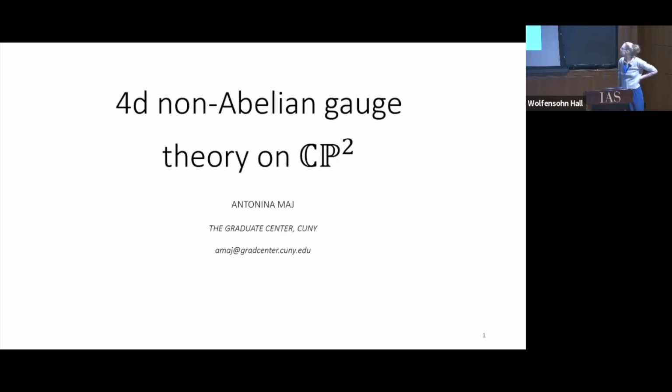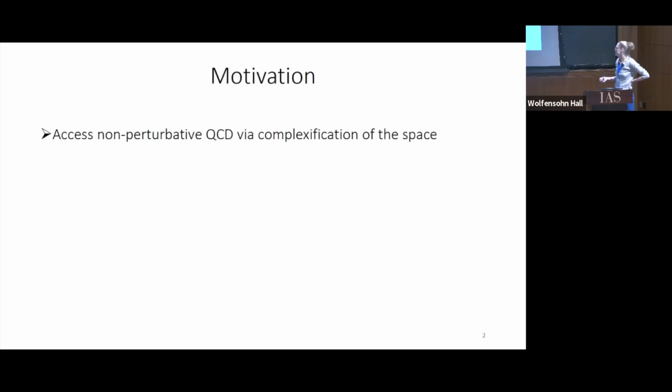All right. So I'm going to talk about 4D non-abelian gauge theories that live on a complex projective space of dimension 2. It's work that I've done with my supervisors, Dimitra Karabali and Parameshwaran Nair, and it's a natural extension of the stuff they've done in 2 and 2+1 gauge theories that you've seen last week. The main motivation is the holy grail of getting an analytical understanding of non-perturbative QCD, and we do that by considering a Yang-Mills theory on a complex 2D space rather than 4D real space.